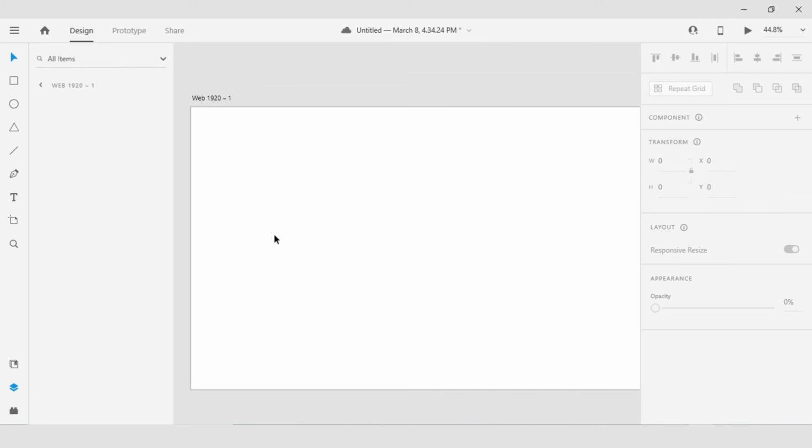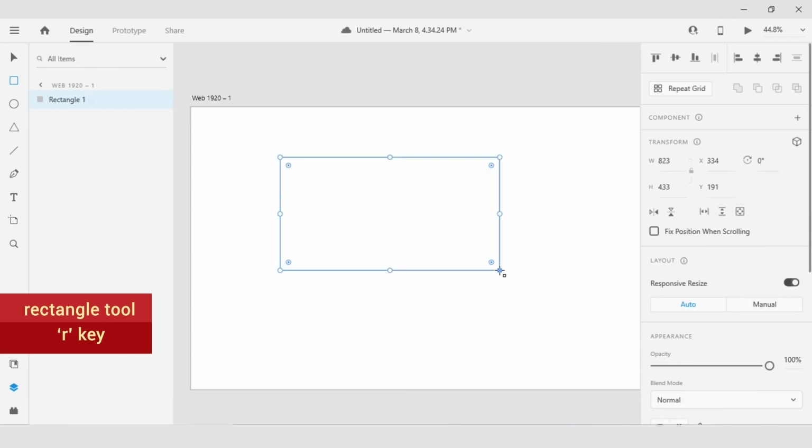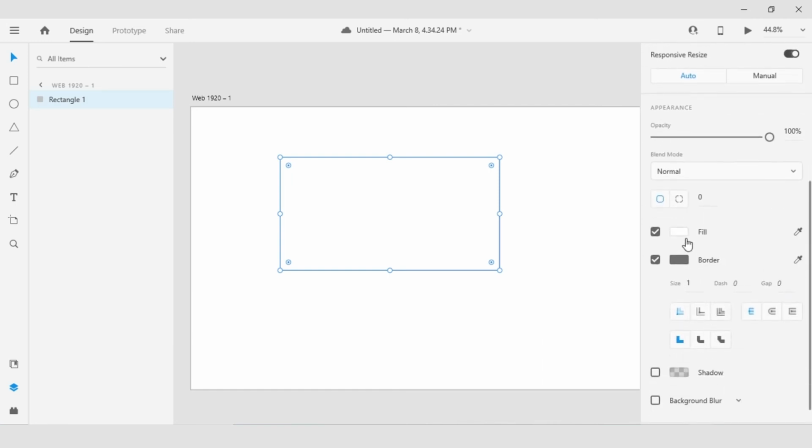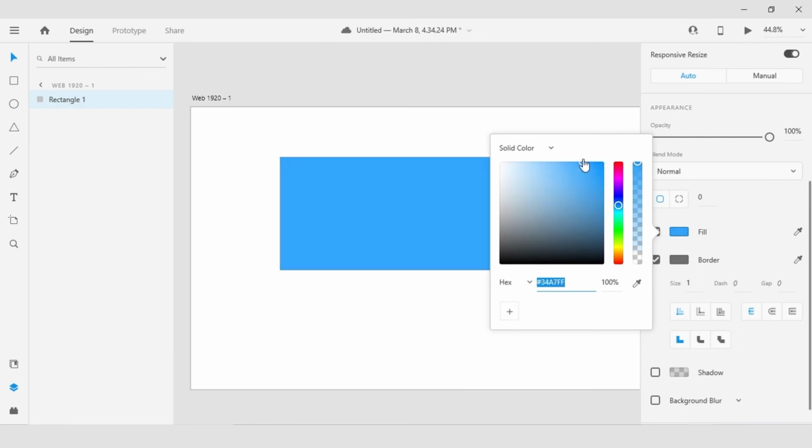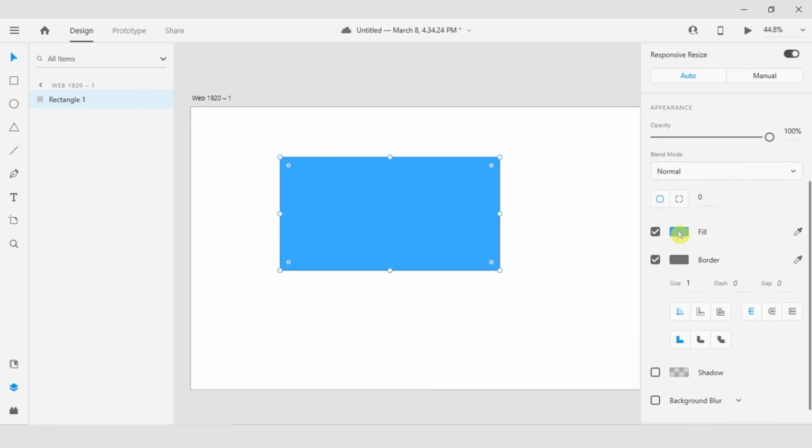Color controls are pretty similar to text controls. They're pretty straightforward. I'm going to select my rectangle tool. Press and drag a shape into the design canvas. With it still selected here on the canvas, I will switch to my select tool. So I'll type V so I don't accidentally create another rectangle. And now here in the properties inspector towards the lower area, I have the ability to define different attributes. So I can select a fill color. As we did a little earlier on, I will select this lovely bright shade of blue.